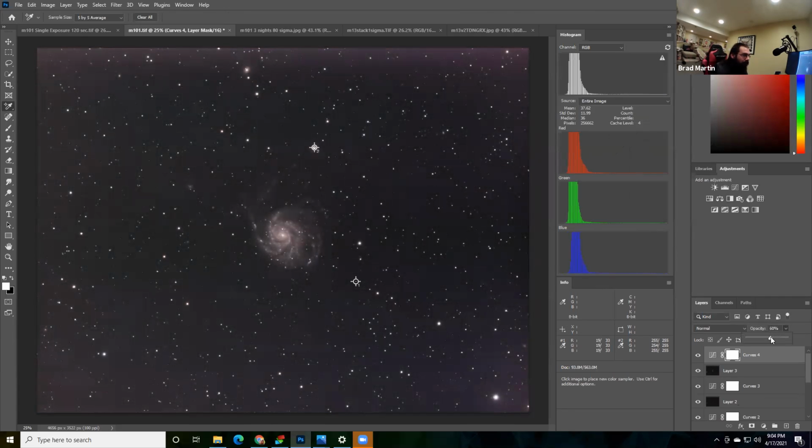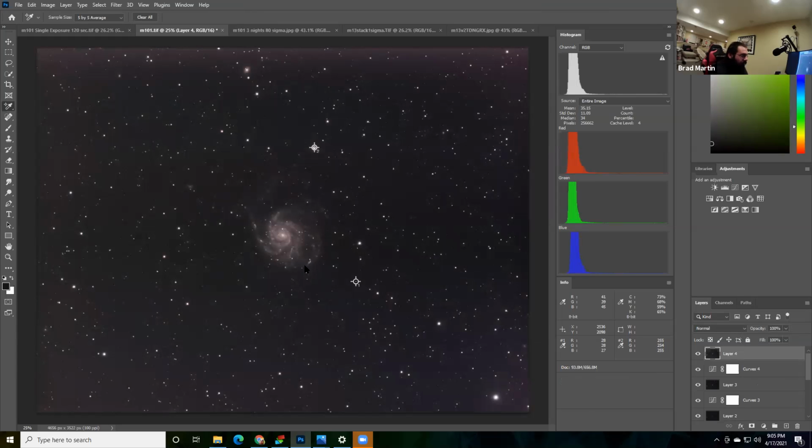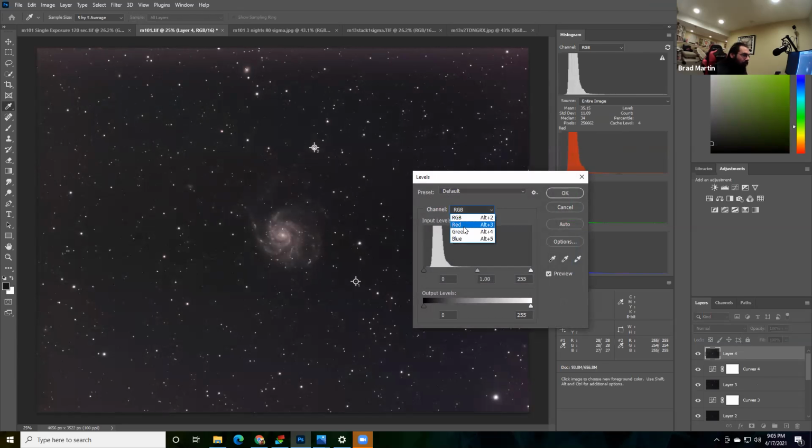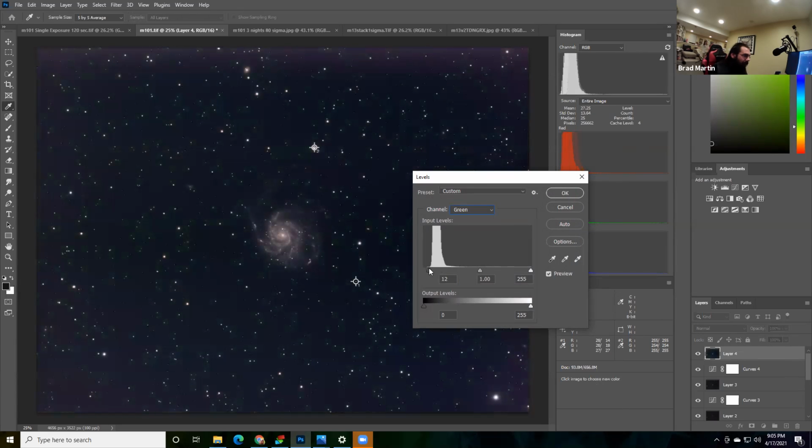So what I'm doing here is adjusting the opacity of the curve that I just did, because it was kind of blowing out my image a little bit. So I'm making this layer more transparent. And I'm going to just do one more levels adjustment, and then we're going to start doing a little bit of other final stuff before I say we've got an astro image. I'm not going to say that it would be a finished astro image, but an astro image.